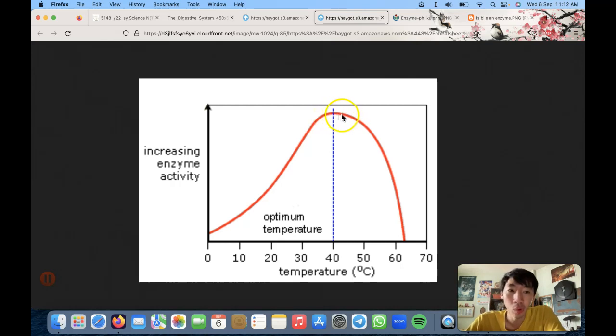As it gets too hot, for example, if you put it into boiling water, or if it's overheated, then the enzymes will actually become denatured. What do I mean by denatured? It means that the enzyme, let's say this is the shape of the enzyme, a certain shape. But when it gets denatured, it just becomes a weird shape, and then it's a useless thing. It can no longer perform its function of digestion. So if it's too hot for the enzyme, it will become denatured.